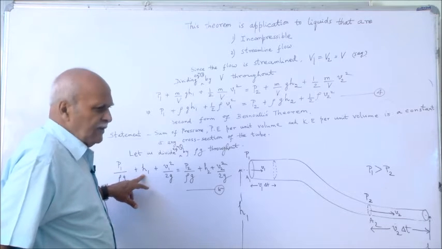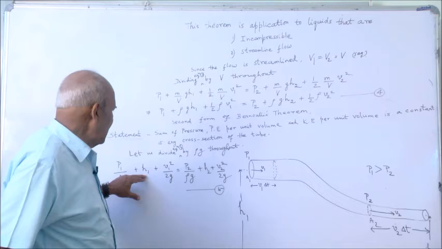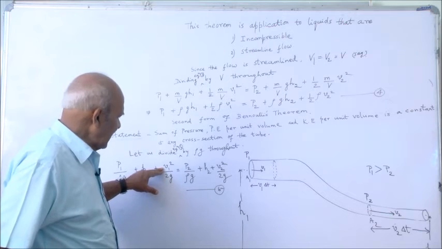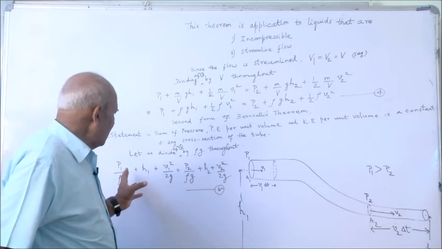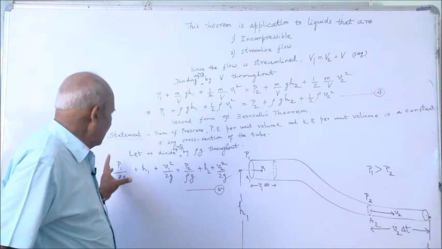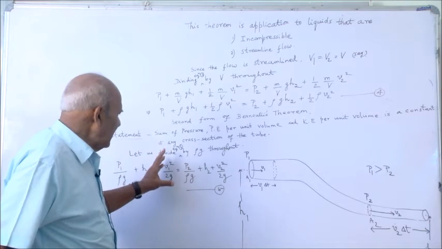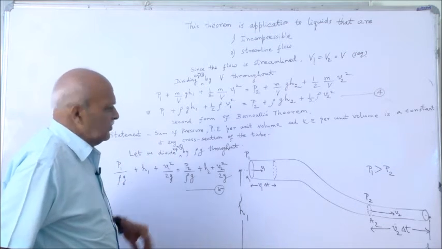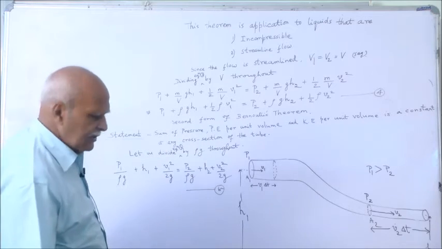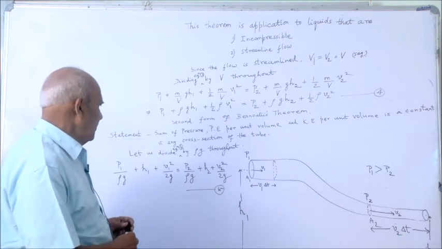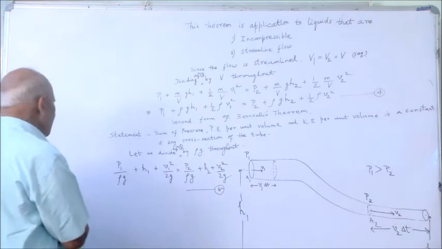This is elevation head. Height means elevation head, and this is velocity head. So, sum total of pressure head, elevation head and velocity head is a constant at any cross section of the pipe or tube. So, it is called